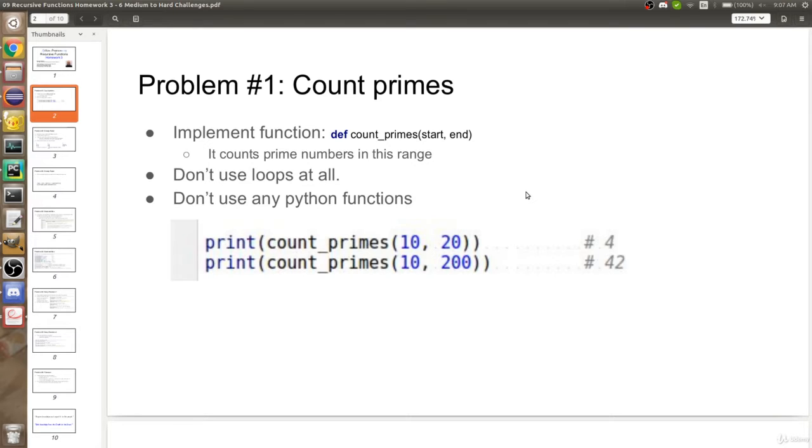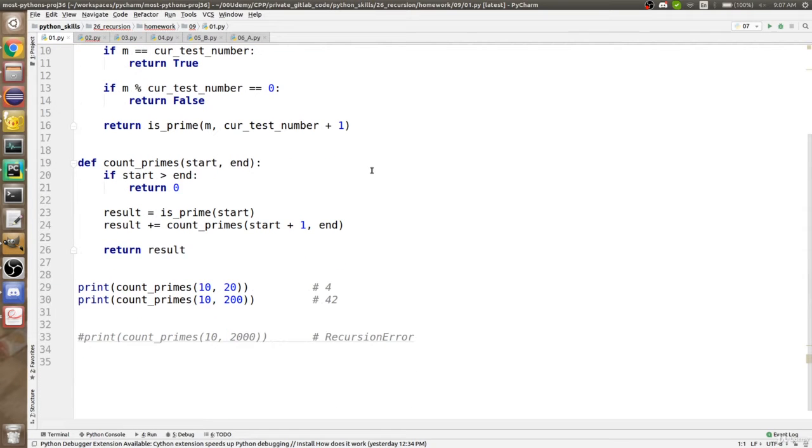And remember, we have this principle in software engineering, the single responsibility principle. The count prime here is doing two things. It is iterating, and it is verifying if a number is a prime. So we should split them into two different functions. Now let's try to see how we can avoid